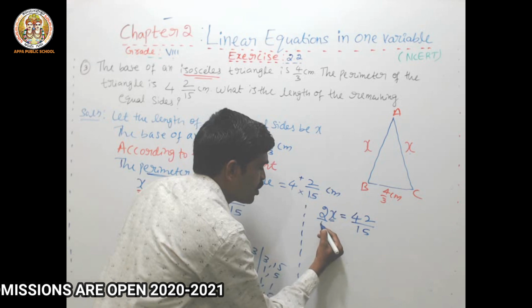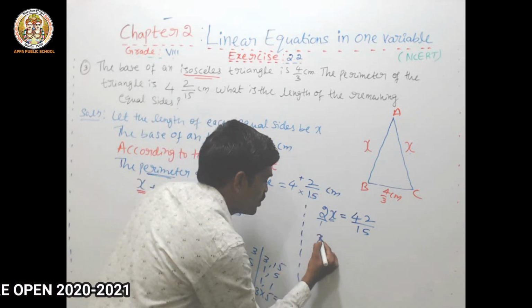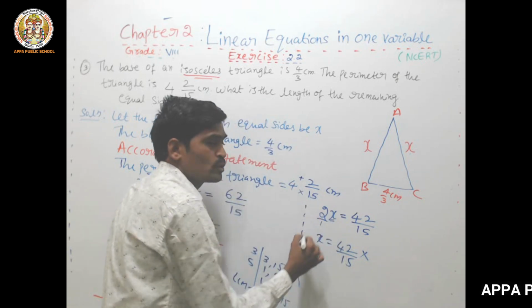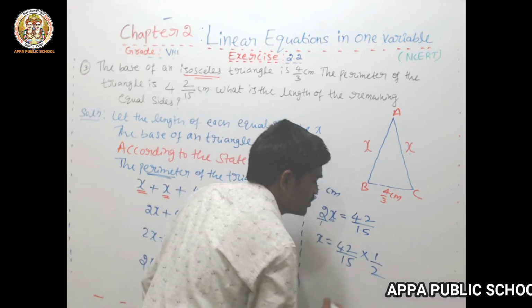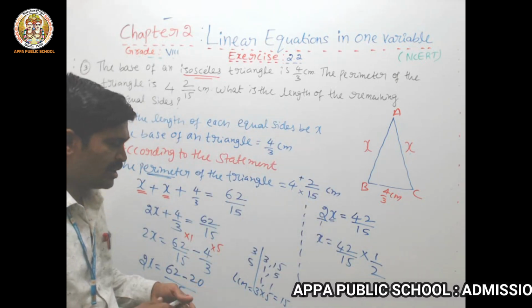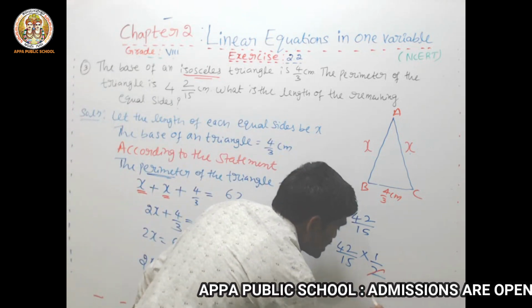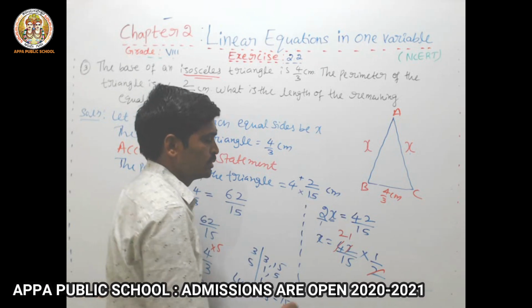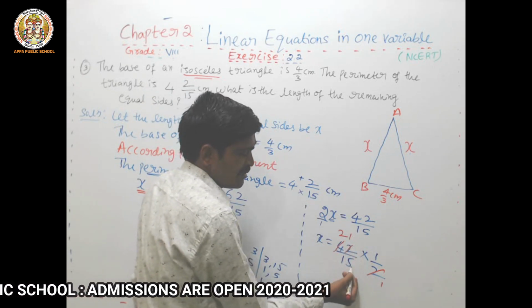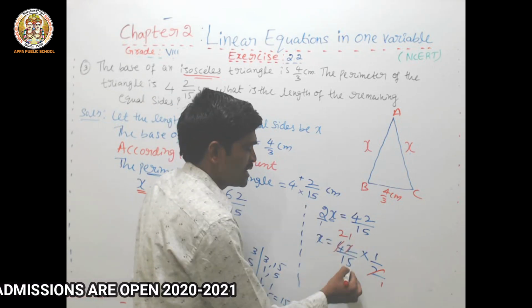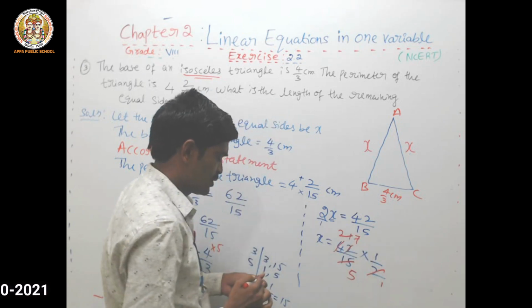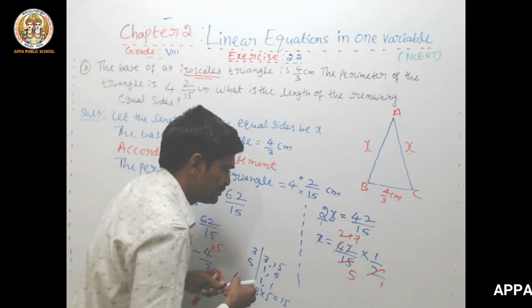Here nothing is there, means the denominator should be 1, make it. x is equal to 42 by 15, multiplied by the inverse of 2 by 1, which is 1 by 2. See my dear students, 2 ones are 2, 2 twos are 4, again 2 ones. Now here 42 and 30, sorry, 21 and 15 both numbers come in the 3 table, that's why 3 fives are 15, 3 sevens are 21. So x is equal to